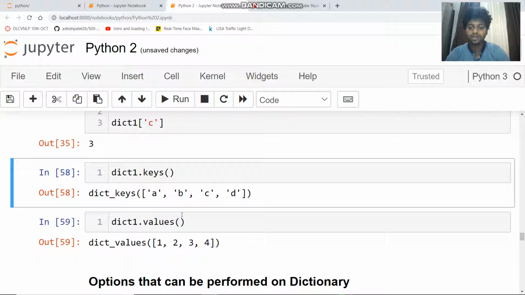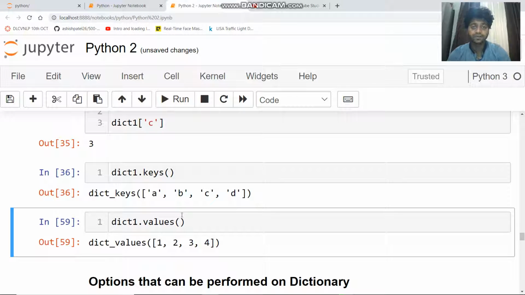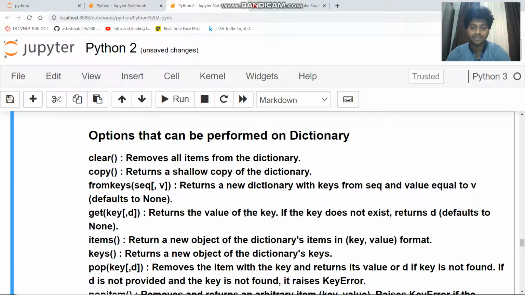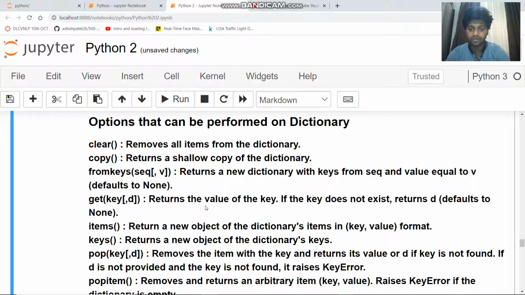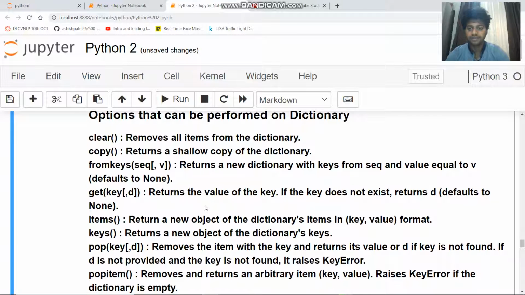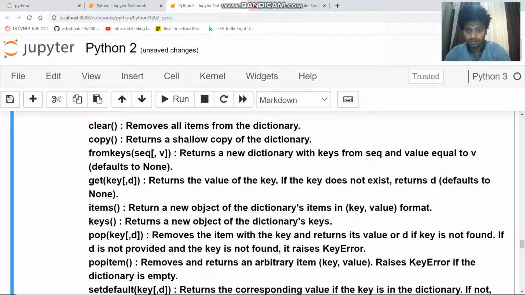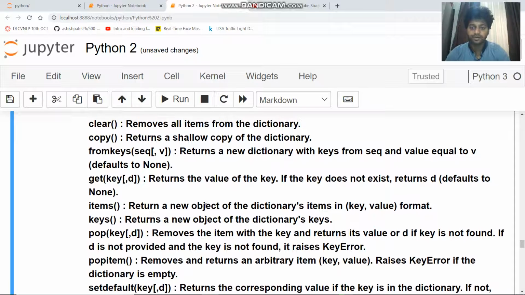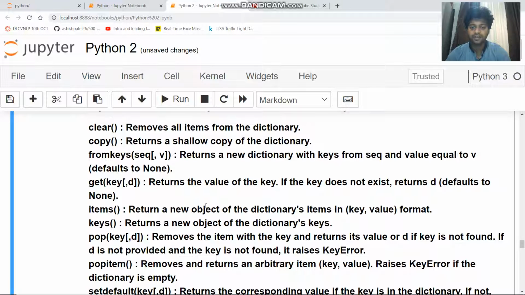We can get all the keys by just calling the dot keys function, if you want all the keys of the dictionary, and the same for dot values, for all the values which are assigned in the dictionary. Next, you can just try these functions on your own so that you get some hands-on experience with the dictionary as well. The same you can do with list and tuple. Just practice, guys, because it's very important. Without practice, you won't be getting anything.